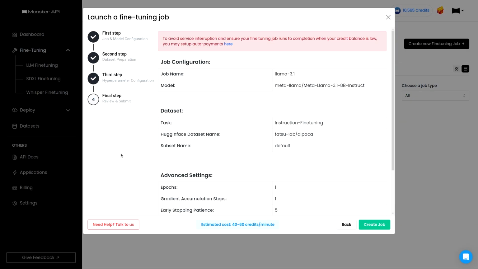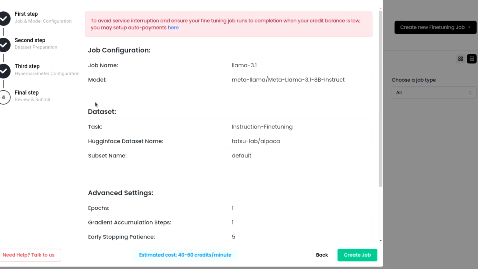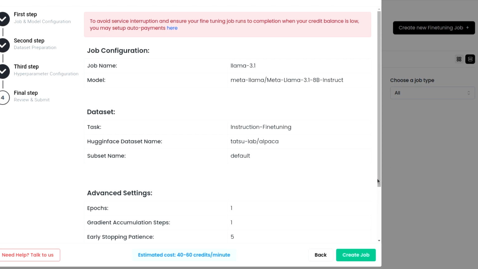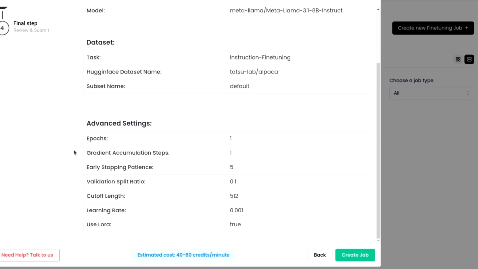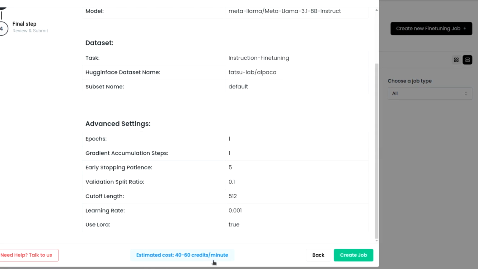And here you are. You can see the actual fine-tuning is just going to start. This is the final overview page that will give you all the statistics, all the parameters that you have set till now before you start the actual fine-tuning. So job name, Llama-3.1 model, this is what we chose, instruction fine-tuning, dataset, everything. And now here it's showing all the advanced settings, all the hyperparameters, an estimated cost of 40 to 60 credits